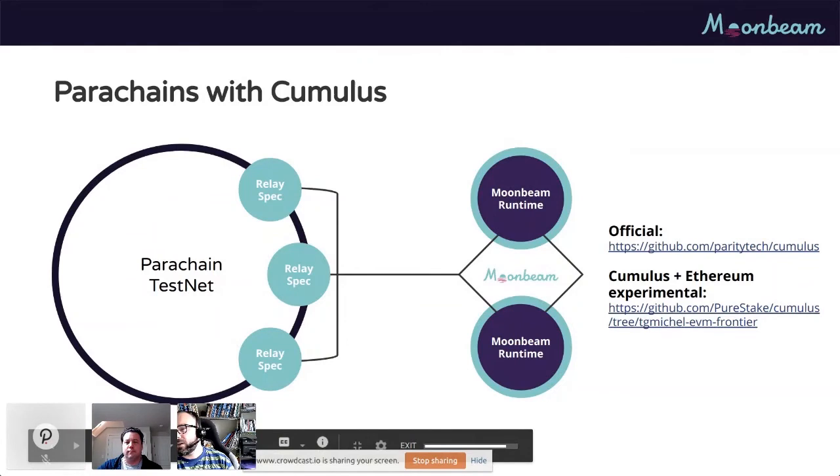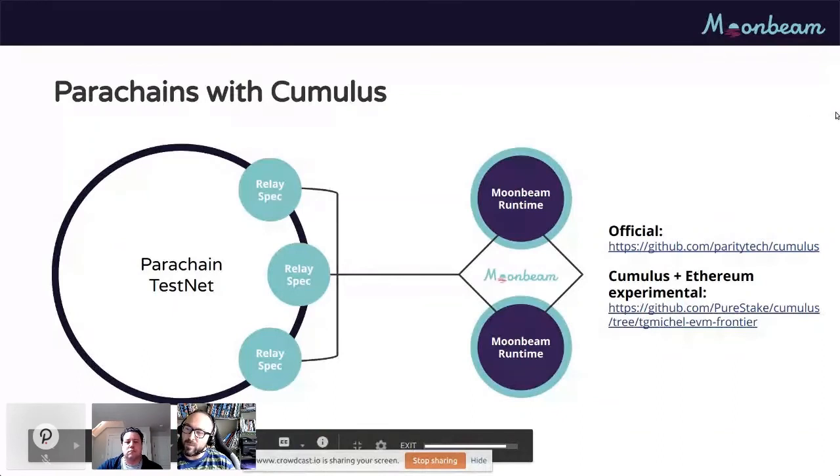In this official link, you can access the Cumulus project, and I also wanted to share, with anyone who wants to try it, the current experimental test we're doing with a Parachain. It is in an experimental branch on this Cumulus fork in our organization.